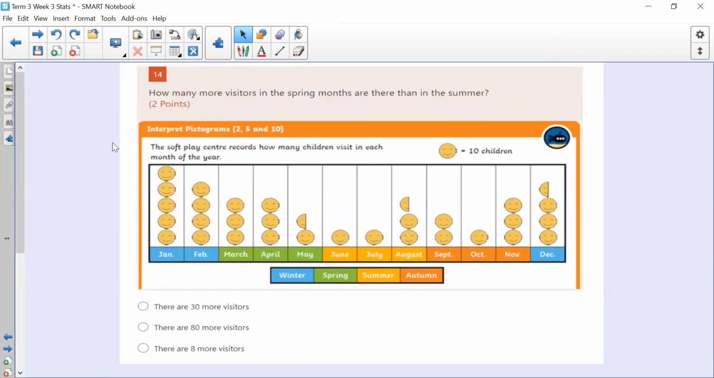And last question for today. How many more visitors in the spring months are there than in the summer? There are 30 more visitors, there are 80 more visitors, there are 8 more visitors. Okay, so take as much time as you like to go back, refresh, check your answers,